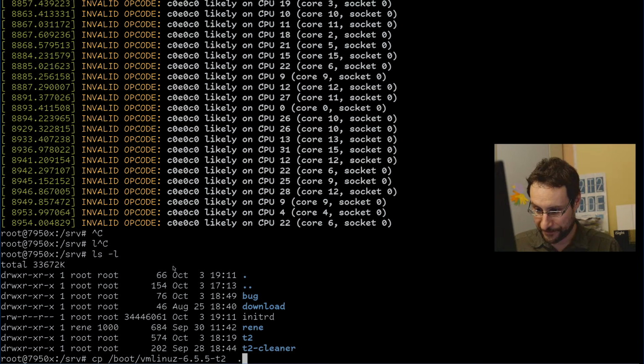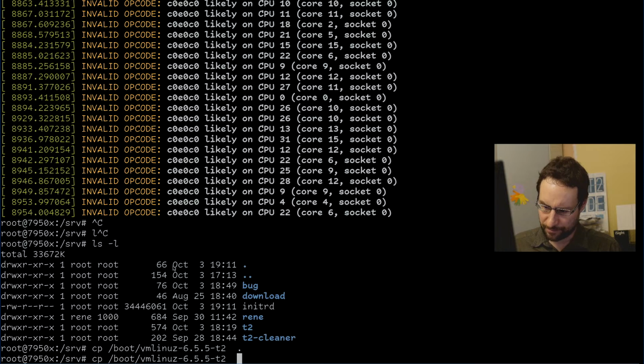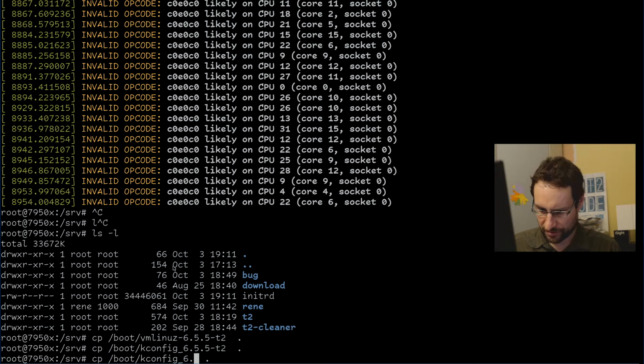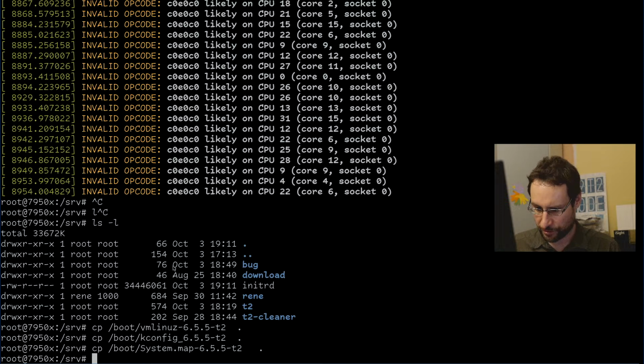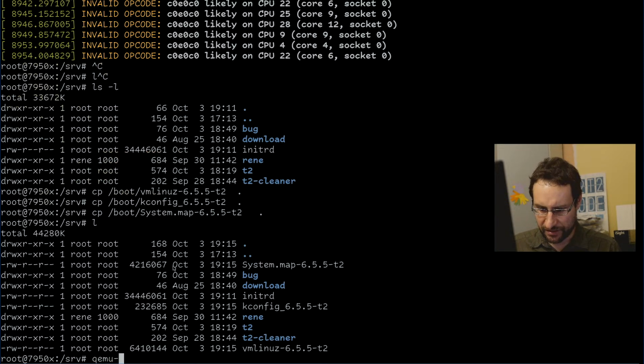6.5 stuff here. Maybe we archive the config and symtab just to be nice to developers if they wanted that for debugging purposes. And then let's see, because what I've not tried is, can we reproduce this in a virtual machine? So stay tuned. QEMU system x86